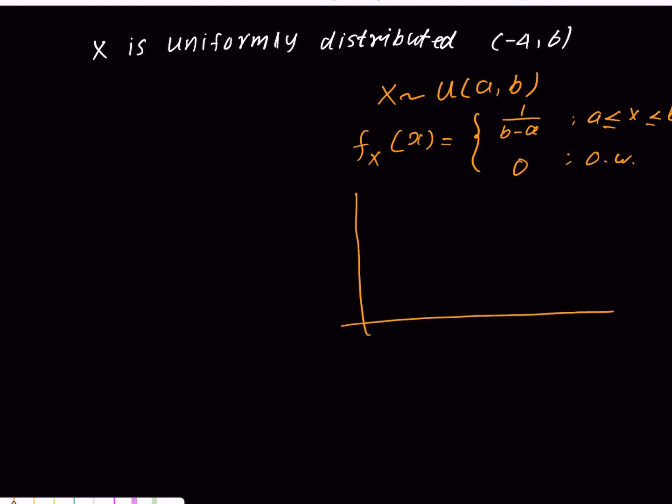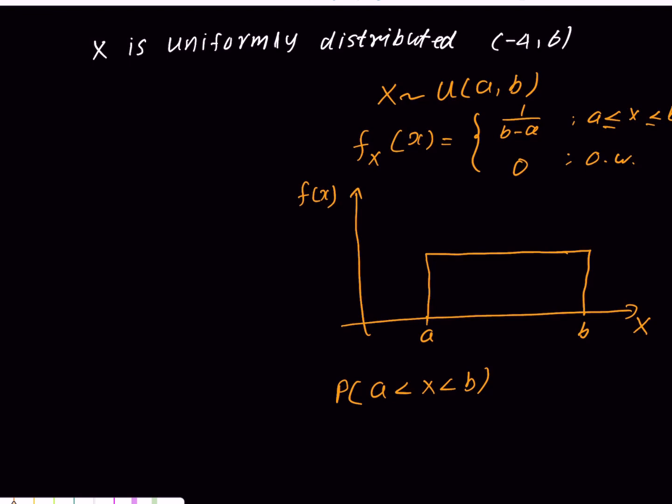If we draw the graph of the PDF, the x-axis represents the x values and the y-axis represents the density of x values. Let me use this, f(x). Okay, so this is A, then let's say this is B. So this is the graph of the PDF, and we know the probability between A and B